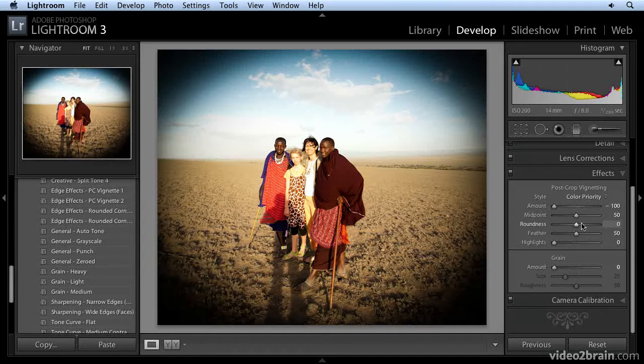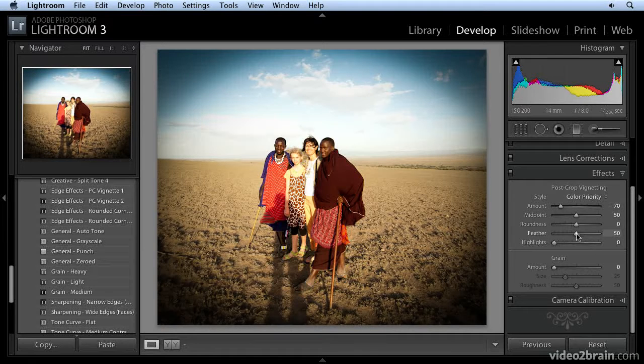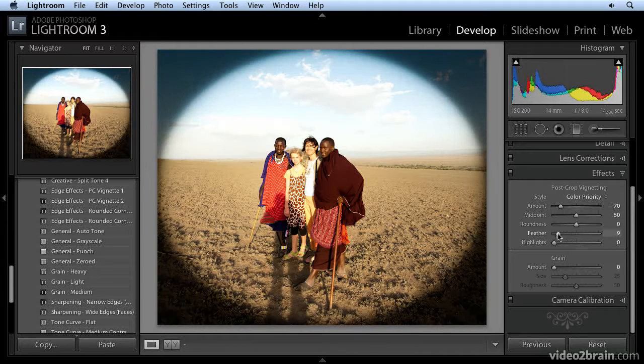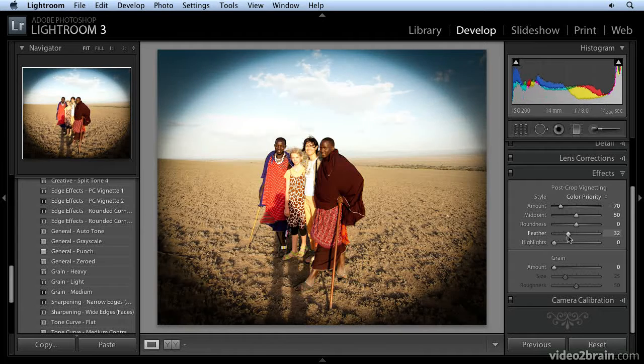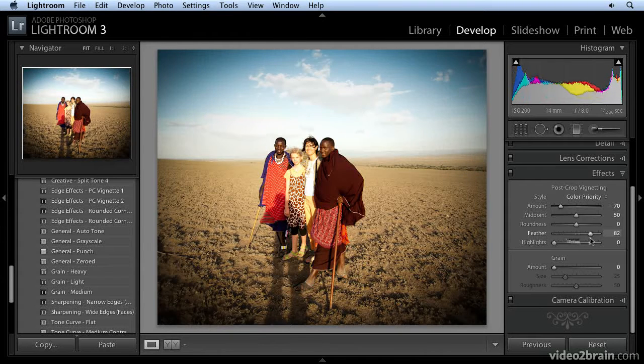I'm double-clicking on the triangle. That always brings any slider you're working on back to its default. And then for the feathering slider, which we also don't have in the lens correction pane, well, you can see, we can give it a hard edge with the values to the left and then soften the transition by moving the feathering to the right. Highlights, I'm going to come back to the highlight slider in a minute,